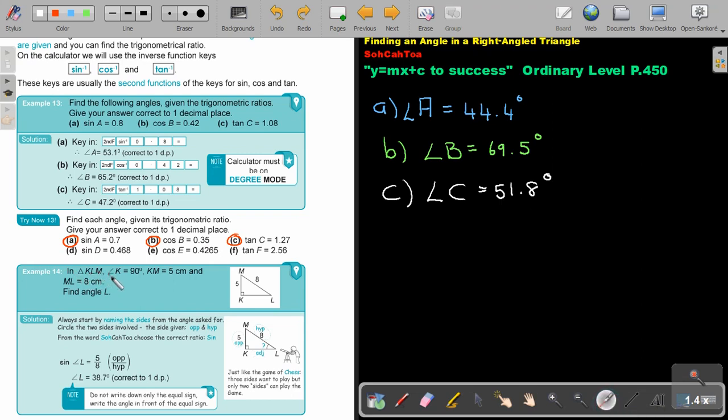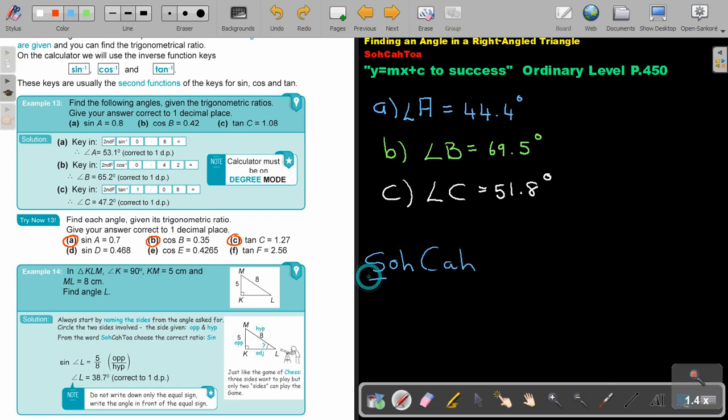In triangle KLM, K is 90, they give you all the dimensions, find angle L. Now again, do it always like this. Always start by naming the sides. Okay, but now from the angle asked, not from the angle given like in sides, from the angle asked for. So circle the two involved. So the two involved will be the two sides given, and then this one will be dismissed. So this is opposite, adjacent, hypotenuse. So these two will be opposite and hypotenuse, and still we are going to work with